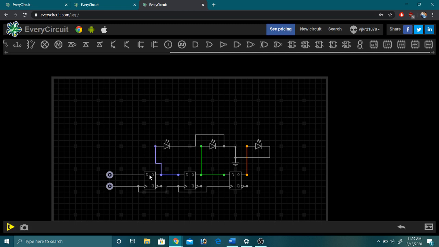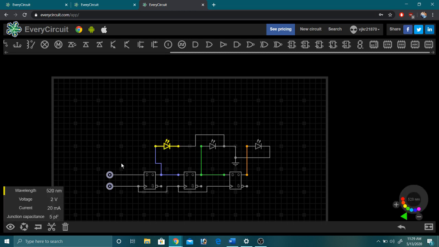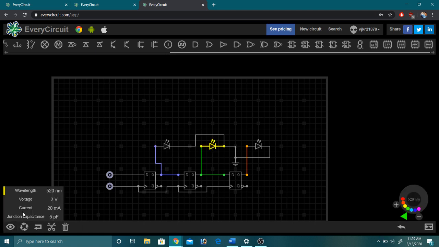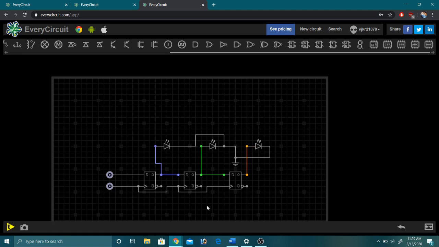One important thing we have to do is, these flip-flops are providing 5 volt values. Because our input and clock are on 5 volts, we'll adjust the LED's voltage, instead of 2 volts, let it work for 5 volts. Same way for all the 3 diodes. The voltage of the second diode will work for 5 volts. Third diode will work for 5 volts. So we are good to go.